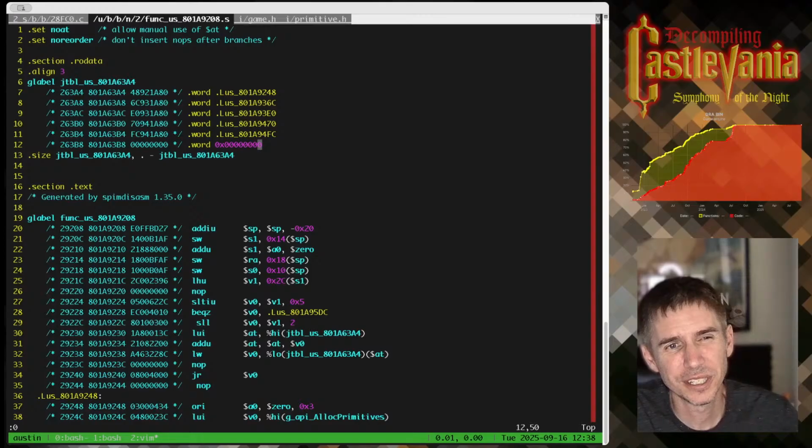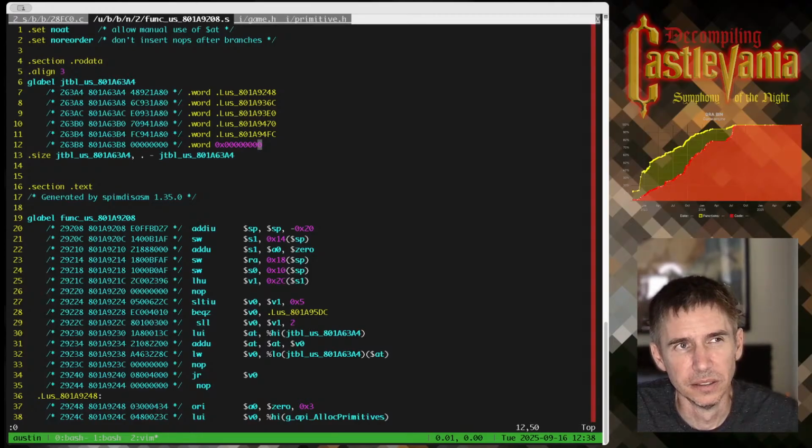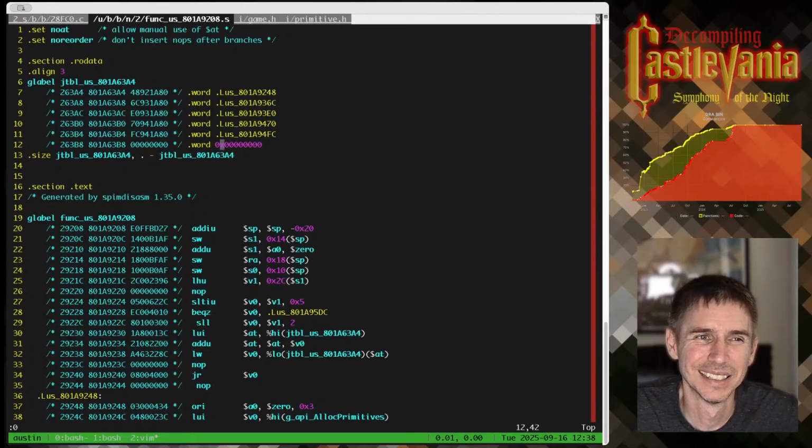So when you're dealing with RO data, it may need to be padded along certain boundaries, and that's what looks like is the case here. This table is only 5 entries long. If we would use this as an address for jumping, terrible things would happen.